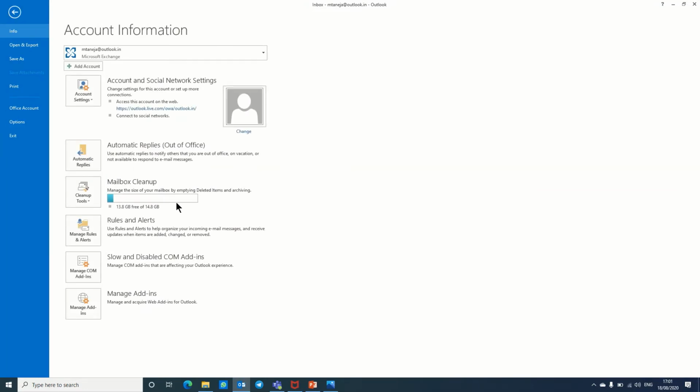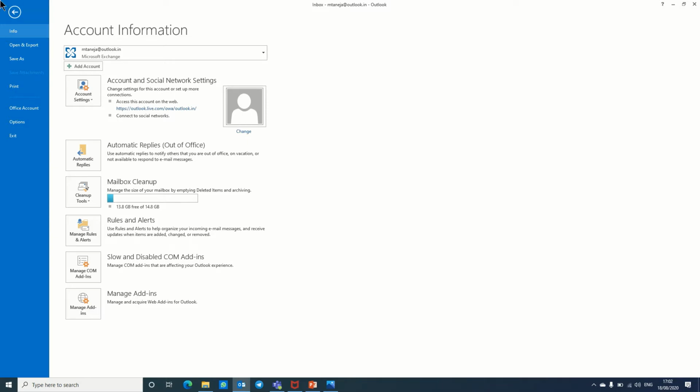Here I have 15 GB, but if you are using an organizational email in Outlook, it depends on your company. Some companies have 5 GB, some 10 GB, some 100 GB. When the mailbox is full, we need to archive these emails or create a PST file.